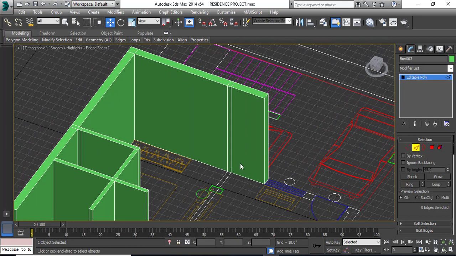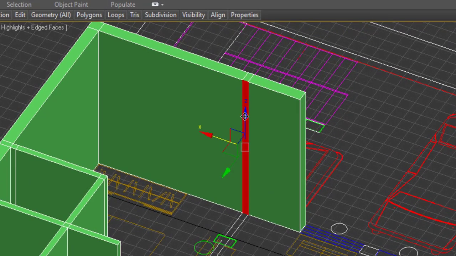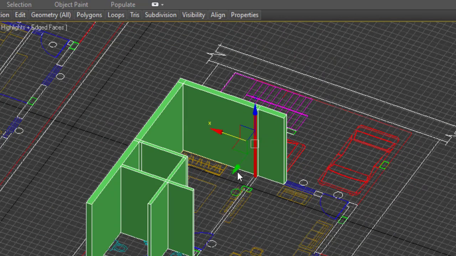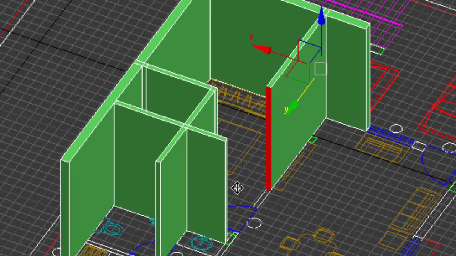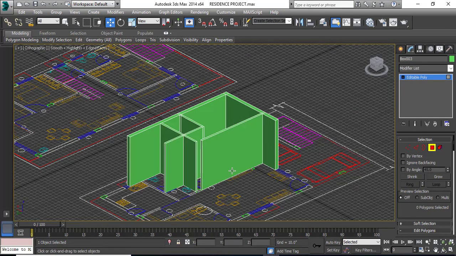Now since we have created this, we will go to polygon and click on the plane that needs to be extruded. The red color shows that it is selected. Right click on it, go to extrude, enter your numeric value, click, then move your cursor, put it on the arrow and drag it the same way we have done. Okay, so this is one case.